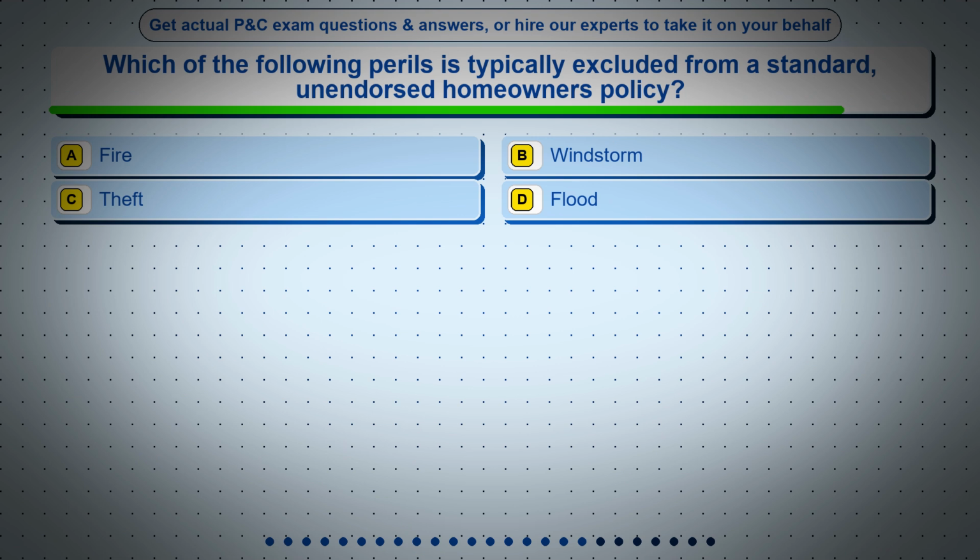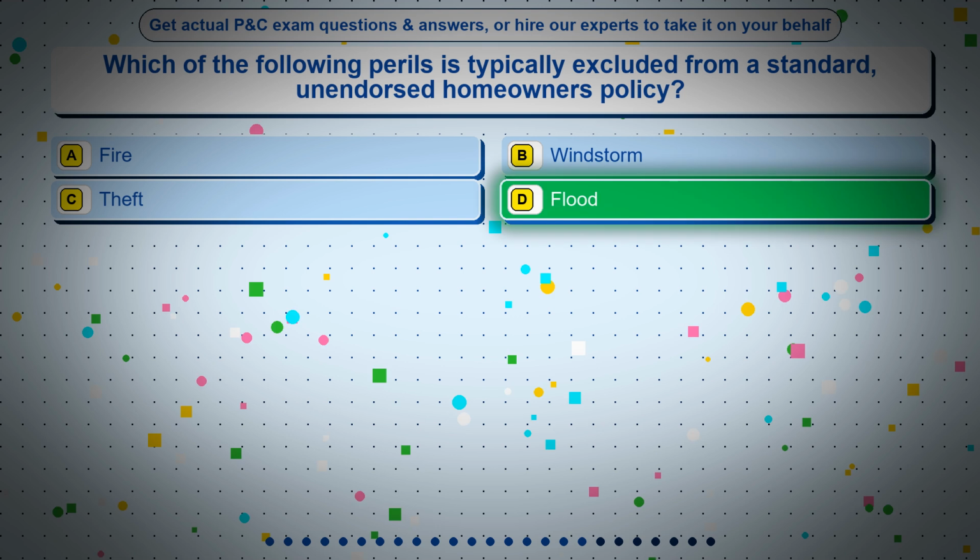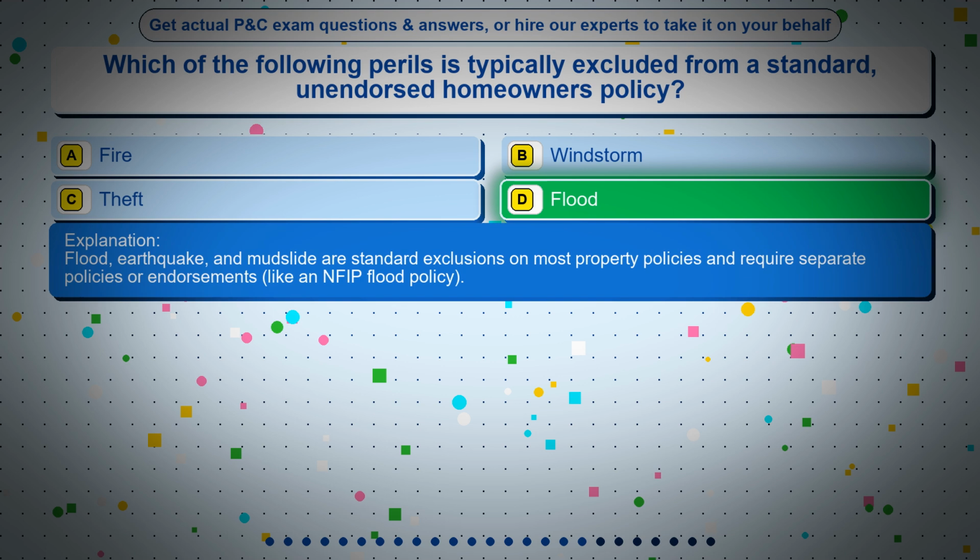Question 18. Which of the following perils is typically excluded from a standard, unendorsed homeowner's policy? Option A, fire. Option B, windstorm. Option C, theft. Option D, flood. The correct answer is option D, flood. Flood, earthquake, and mudslide are standard exclusions on most property policies and require separate policies or endorsements, like an FIP